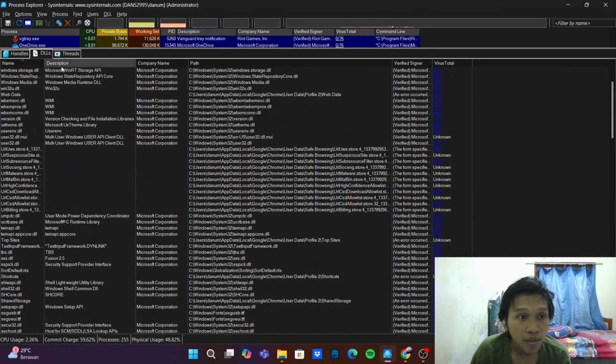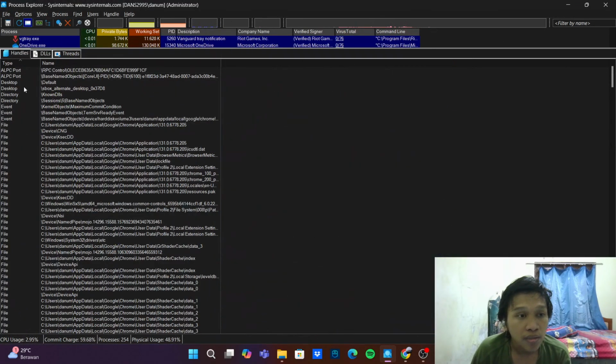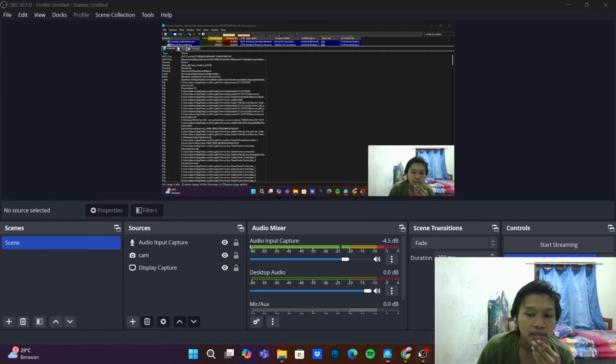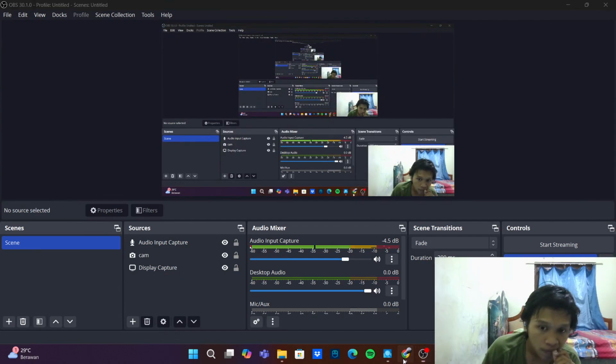And next is the handle. In handles you can see what a process connects with.